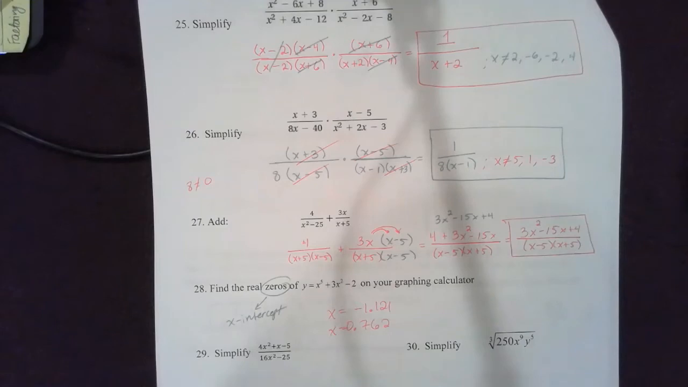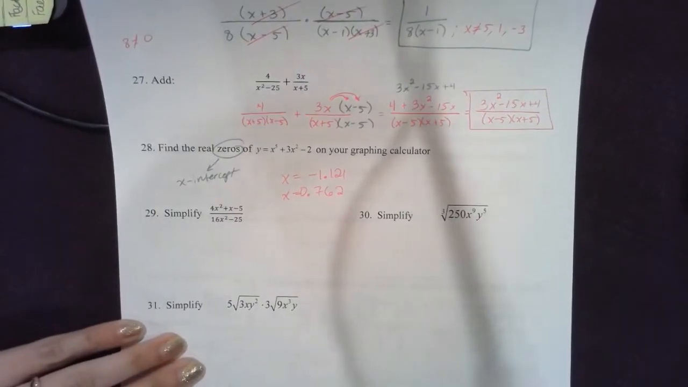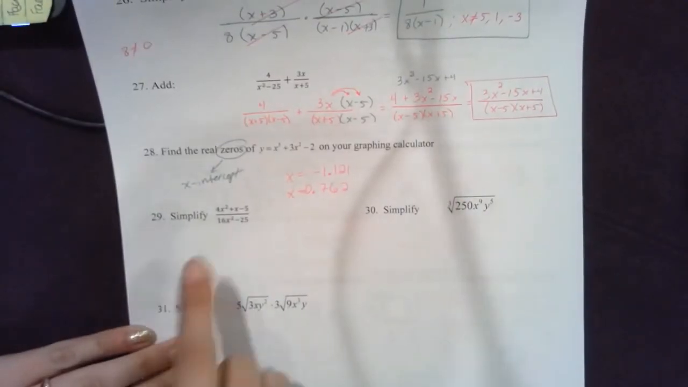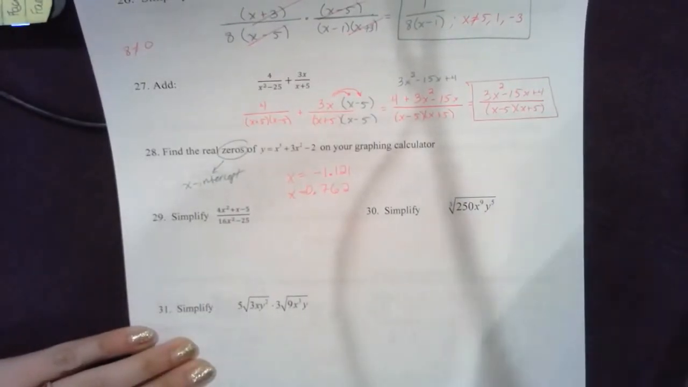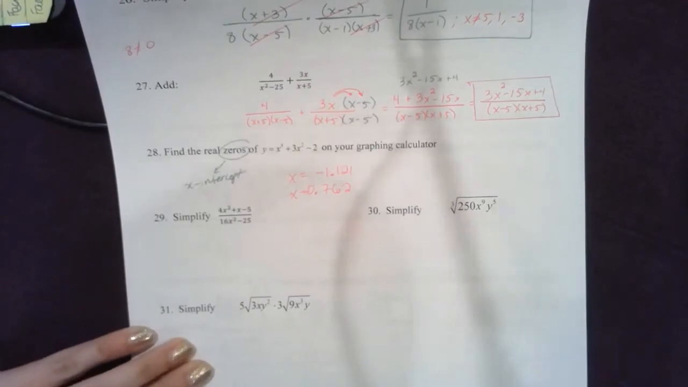Alright, once we used Desmos, you saw that those were the two x-intercepts. Okay, next up, we're simplifying, just like the last one. We factor what we can and cancel stuff out. So here, if we try and factor,